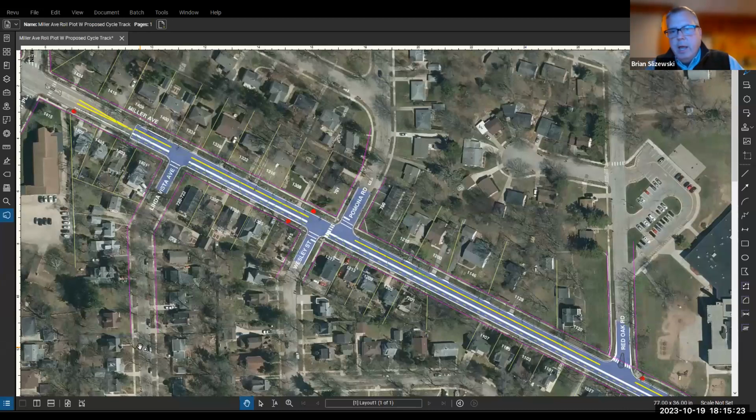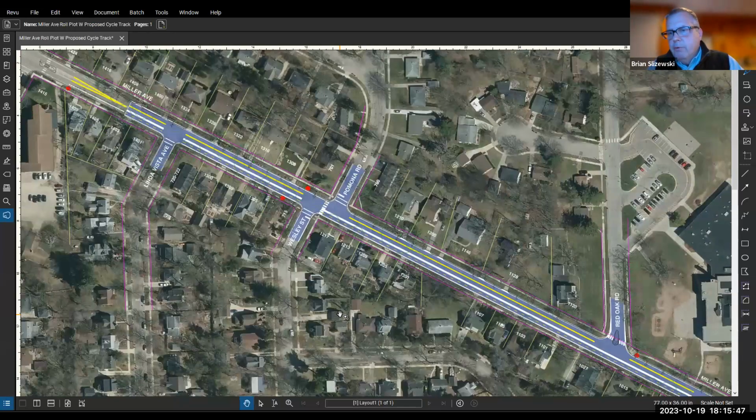There's no crossing at Red Oak. There's no crossing right in front of the school other than a set of steps that comes off the front of the school and crosses over to Arborview. So one of the other challenges the design team is going to be looking at is opportunities to get a crossing, say in the area from Red Oak over, in front of Ann Arbor Open School, to provide a crosswalk for pedestrians crossing Miller Avenue to get to the school.